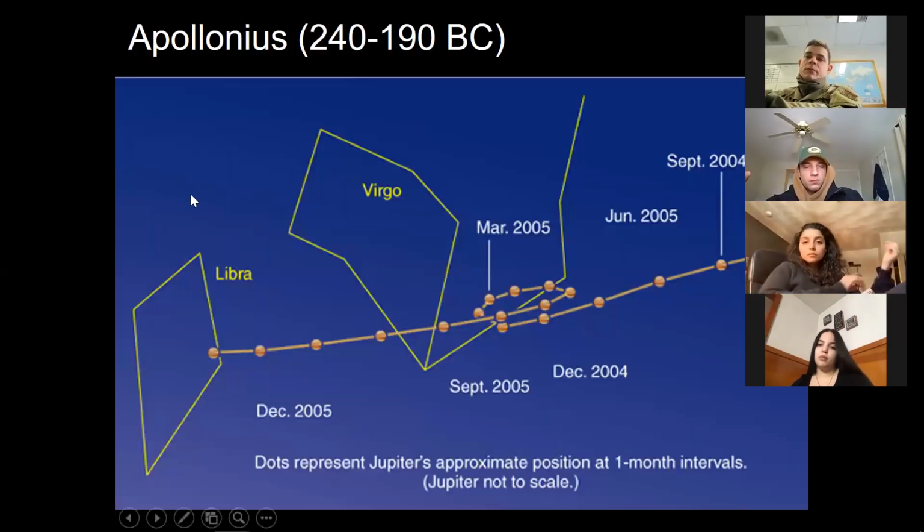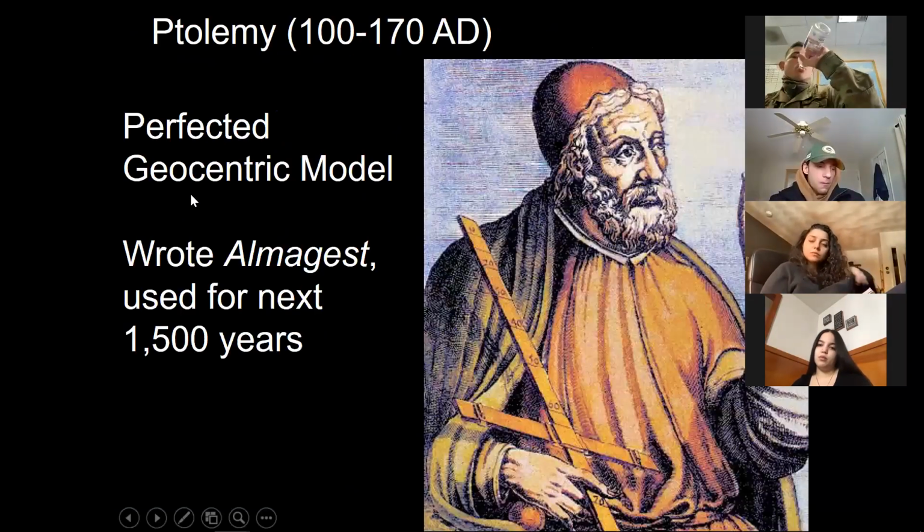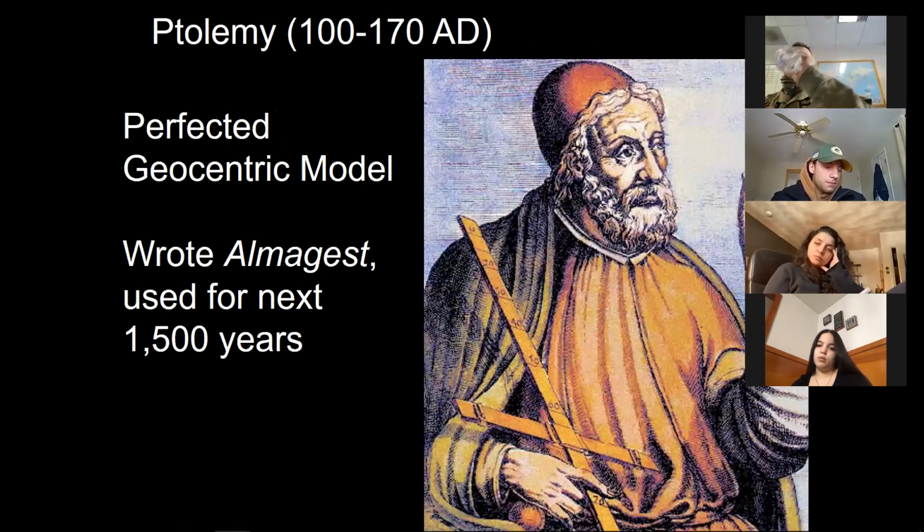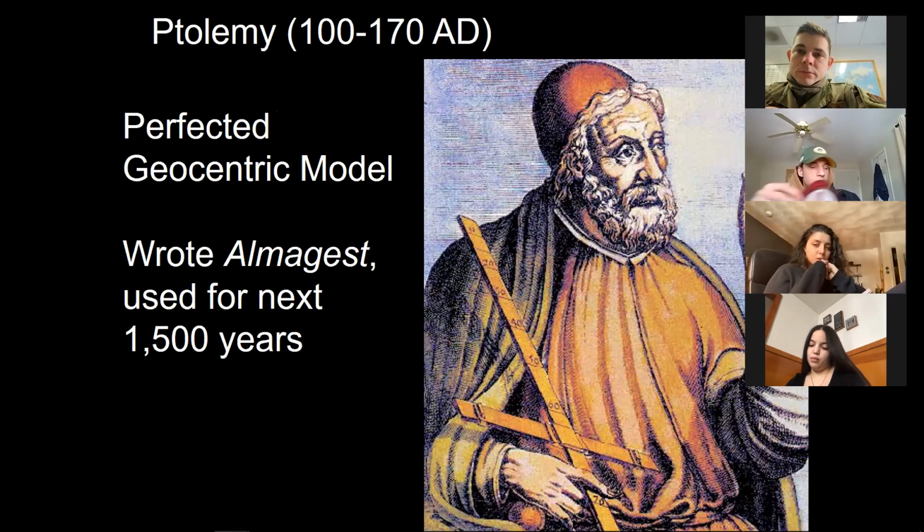Okay, so the Arabic Greek mathematician and astronomer Ptolemy built a perfect geocentric model with over 100 epicycles, all simultaneously rotating. And he wrote this book called the Almagest, in which he could explain to you how the planets moved and would predict their rising and their setting times and the times of eclipses and other such things. And because it worked for a while, people thought that they understood the heavens.